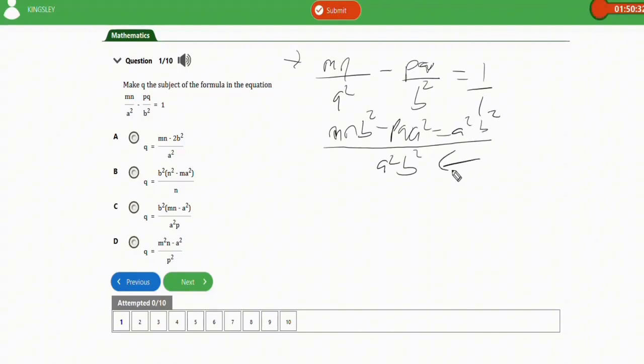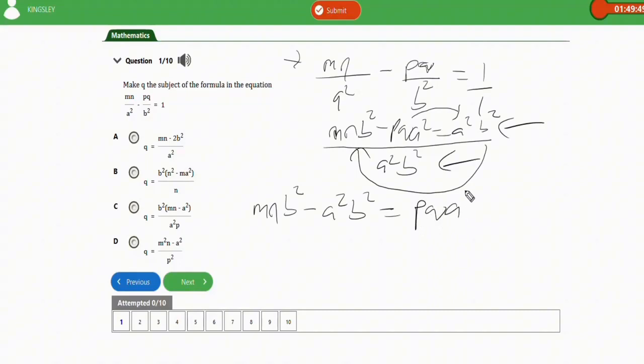So at this juncture, do as if this denominator is not existing again. It has served its purpose, so you don't make use of it now. You now focus on what you have here. Remember we're asked to make q the subject of the formula. So to make q the subject of the formula here, this a square b square will cross over this side of the equation, change the negative, whereas this one will cross over this side of the equation, change the positive. So we're going to have mn b square minus a square b square equals